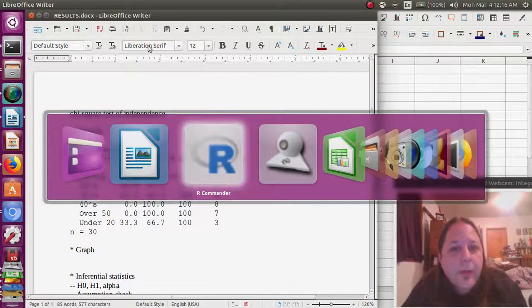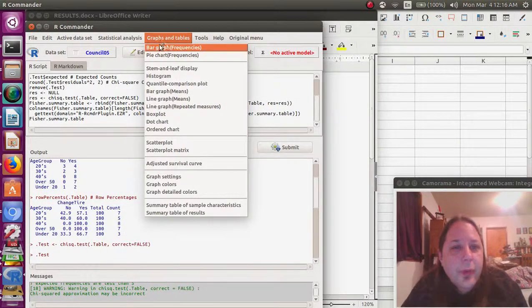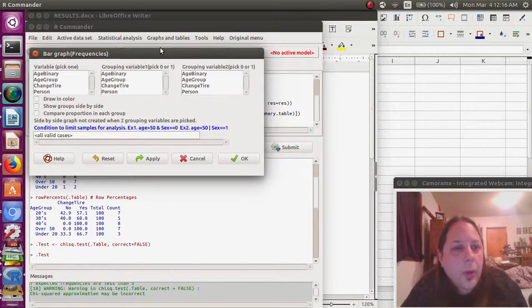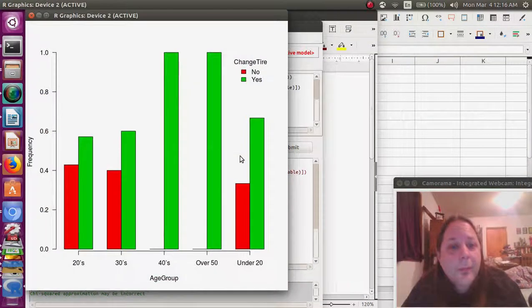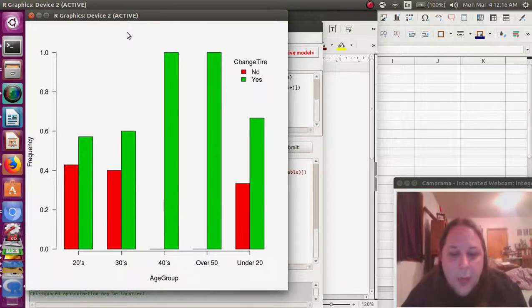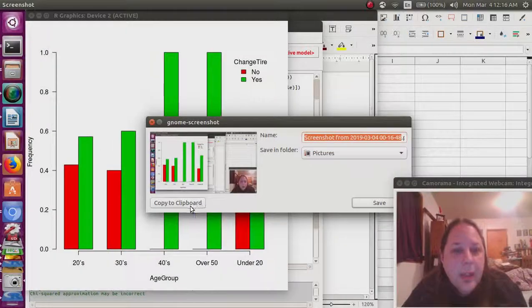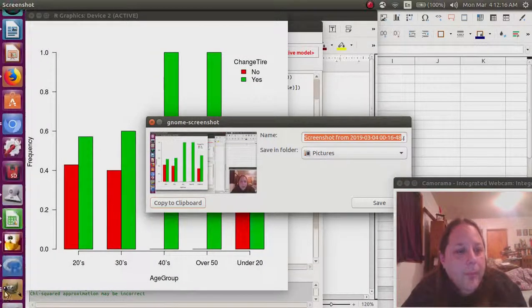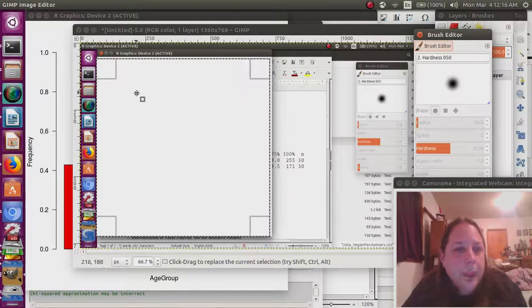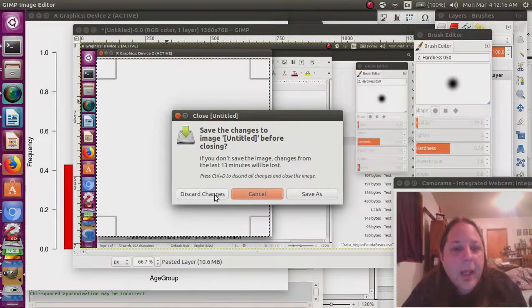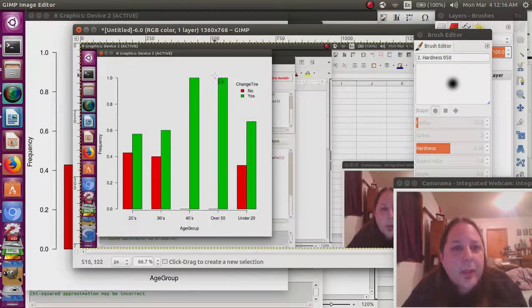Now let's go get a graph. Graphs and tables. Bar graph. The variable is going to be change tire, and we're going to group it by age group. I'm going to draw it in color, put groups side by side, and compare proportions in each group. And click OK. Now, if you've got a Windows or a Mac, you just right-click and copy this. I am using Linux, and mine's set up a little bit different, so I'm not doing it that way. But it's not too bad either. I'm going to just copy that image, paste it to my editor,